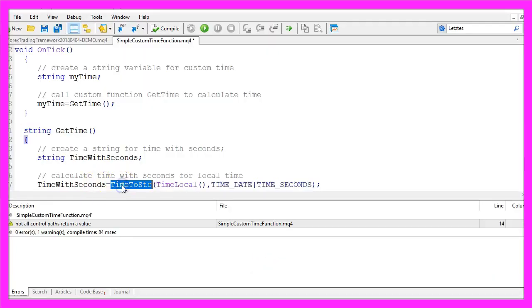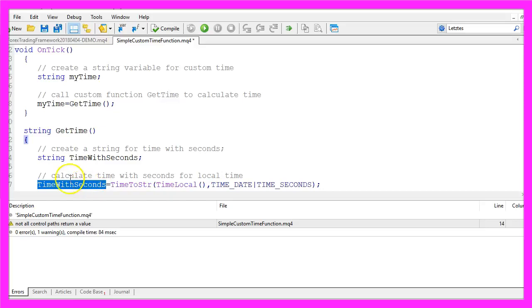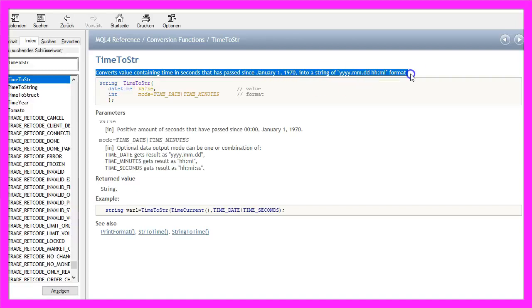And we use TimeToString to convert the time from a datetime variable to a string. Let's mark TimeToString, press F1, and we see, okay, it converts the value of the time in seconds that have passed since January the 1st in 1970 into a string that has this format here.